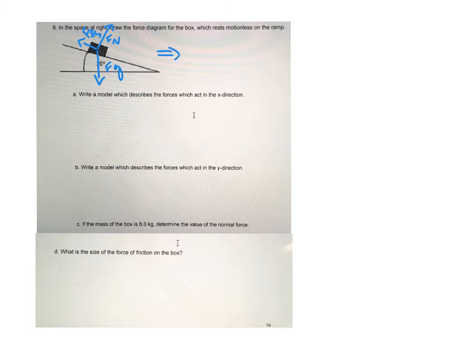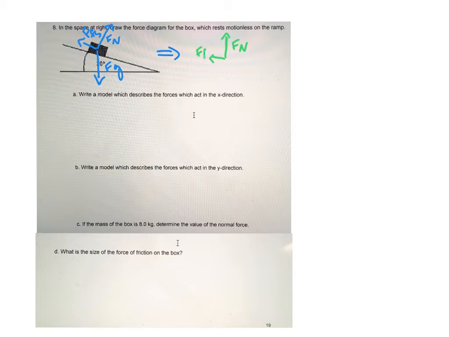So this is kind of tricky because we have three forces here. Now one is on the y plane, so it's on the up and down plane. But this one and this one are at angles compared to what we are normally used to. So something that can be really helpful is if you take your system and you rotate it so that we make the normal force up,